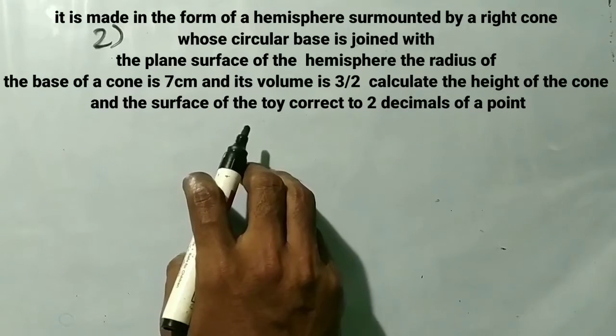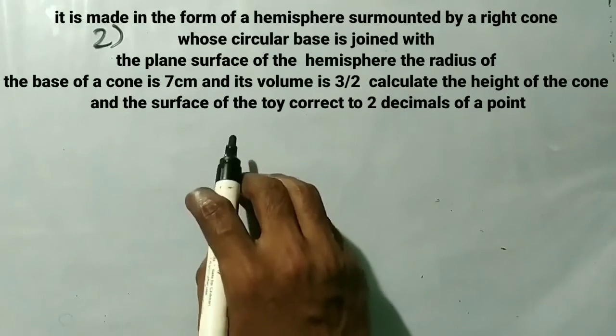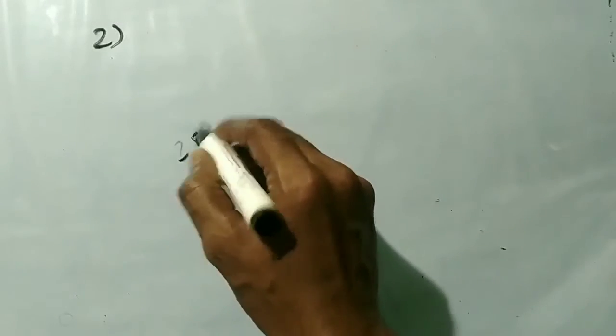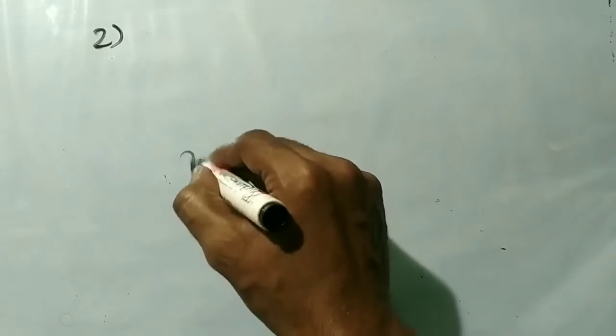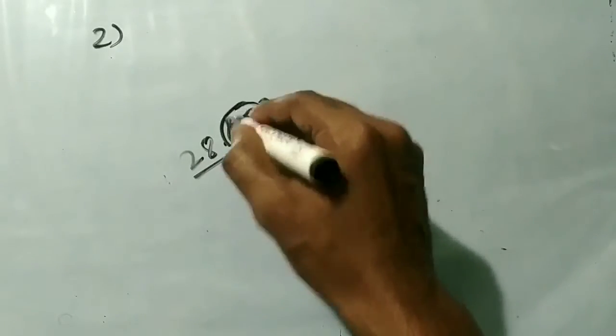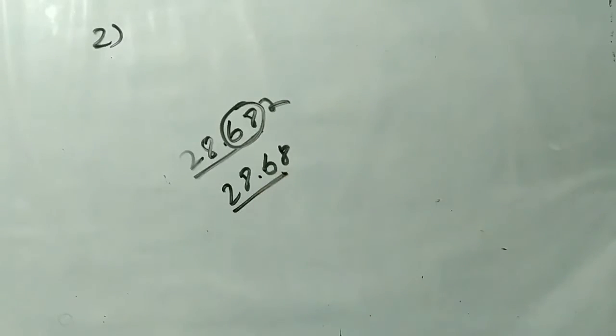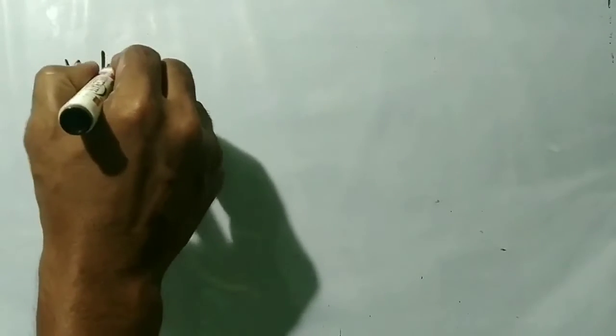We have to find the answer with two decimal numbers. If we want 28.687, we just have to write the two decimals only, that is 28.668. But in the question they have given that the volume of a cone is equal to